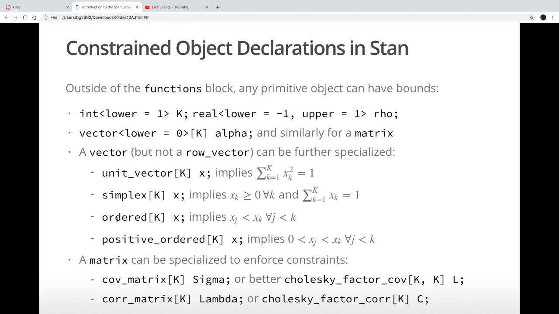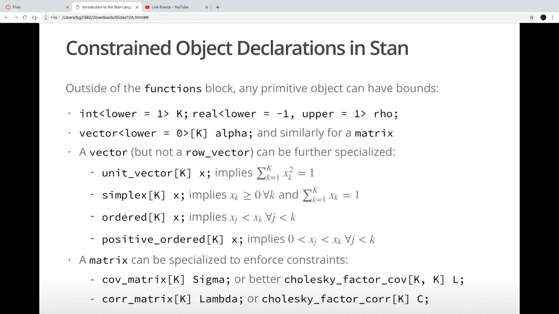Also, there's 4 different types of special matrices. You can have cov_matrix of size k, because that has to be square, like a covariance matrix like sigma. That's going to satisfy the restriction on its elements that it has to be positive definite. Better for most purposes, you can declare a Cholesky factor of a covariance matrix.